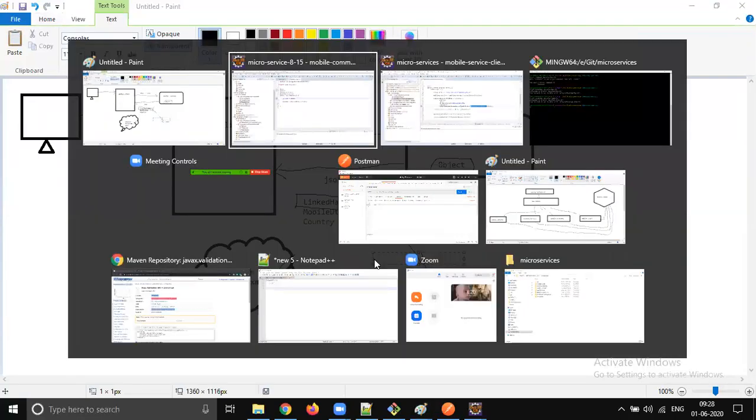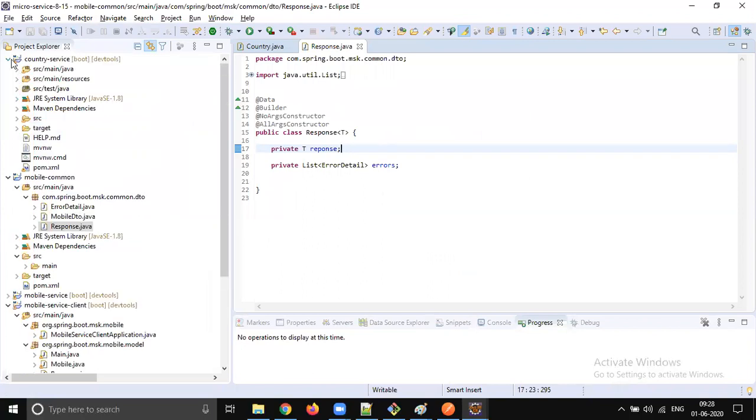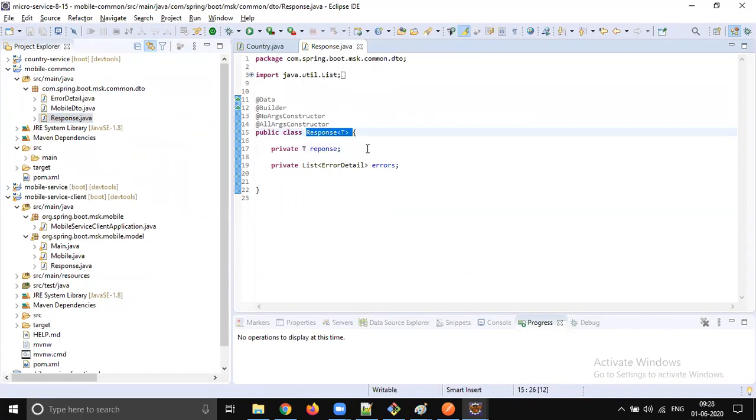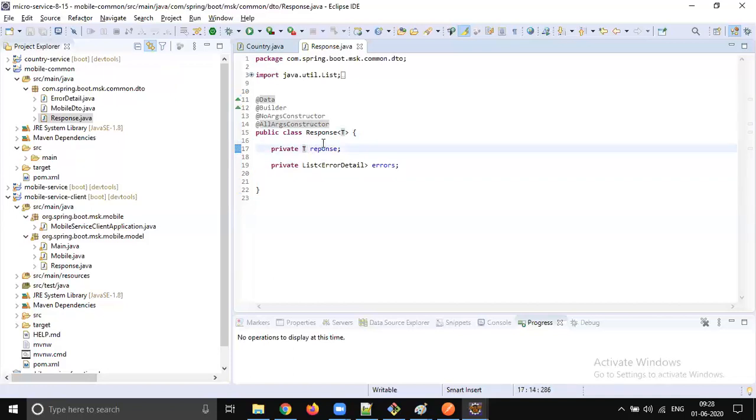So let's not go with that approach. Let's make it more specific. When you expect data, you need to say what exactly the data is. That is possible only with generics. That is the reason why we are using generics. And moreover, we will remove this part also. Response is a generic type, so we can store any data. When there is an exception, you can put the error response also in the generic type. But that we will change later.